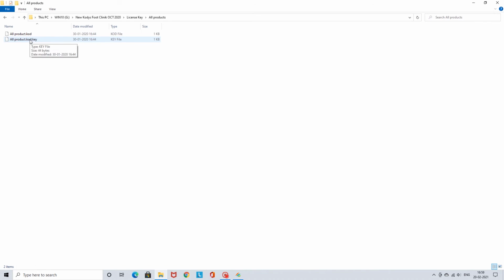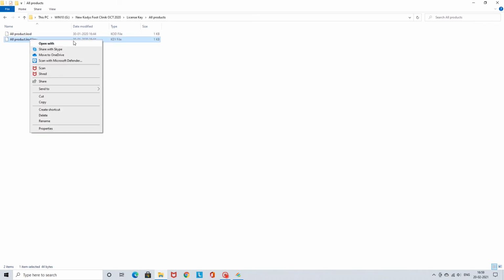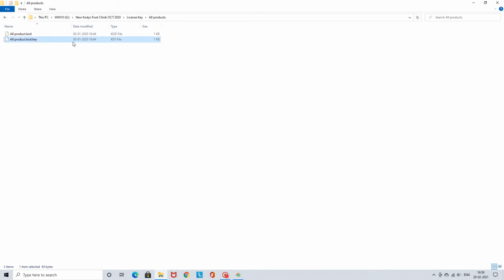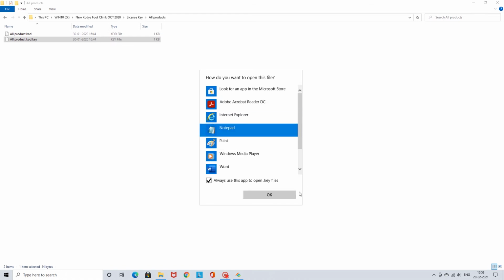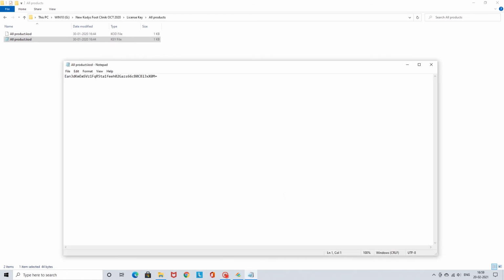So we have to open this by right clicking and choosing open with. We have to choose the application Notepad and click OK. After clicking OK, we have to copy this key.